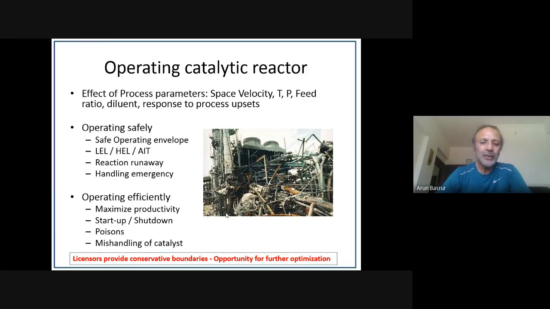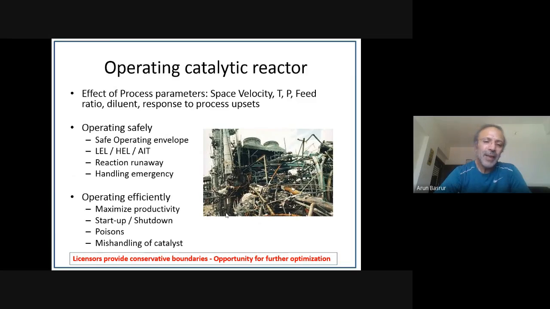A couple of examples of this is some catalysts are damaged when they are exposed to moisture. So in certain processes, you have steam being added to the reactor. In such situations, one must be very careful to see that the temperature does not drop below the dew point. Otherwise, the catalyst gets soaked in moisture or water and gets damaged. Similarly, when one is discharging a catalyst, there is a high likelihood of the catalyst being pyrophoric because it will have reduced metal as well as carbon deposits on it. So one has to discharge it very carefully in order to prevent a mishap like fire.